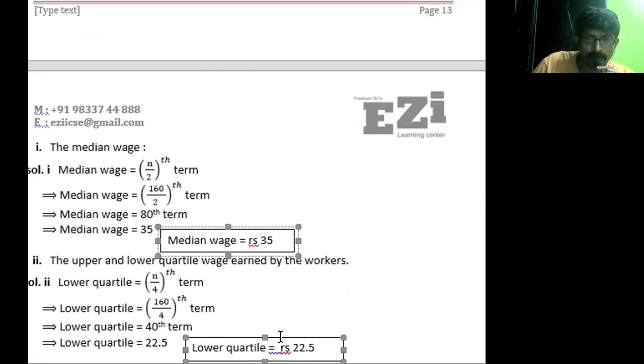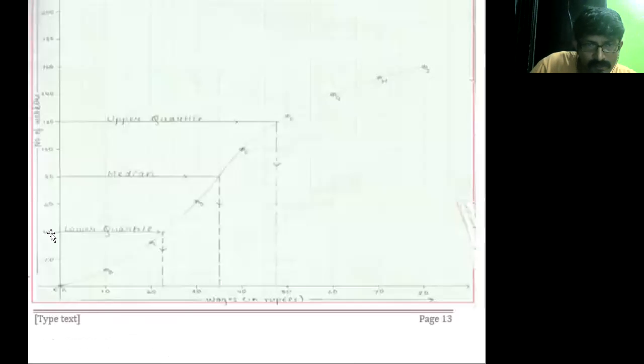ओके तो सबसे पहले क्या करेंगे, ऑन ग्राफ पे चले जाएंगे, वहां पर 40th टर्म के पास जाएंगे ऑन द वाई एक्सिस, वहां से लोअर क्वार्टाइल लिख के ऐसे हॉरिजॉन्टल लाइन खींचेंगे, कहां तक, ये ओजाइव तक एग्जैक्टली। वहां से एक्स एक्सिस पे डॉटेड लाइन खींचेंगे, ये एरो लगा देंगे, और जो भी ये आंसर है दैट इज 22.5 रुपीज, वो है हमारा लोअर क्वार्टाइल आंसर। आई होप एवरीवन हैव अंडरस्टूड इट टिल हियर।